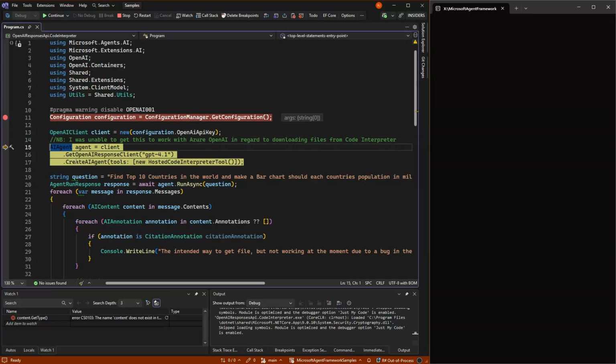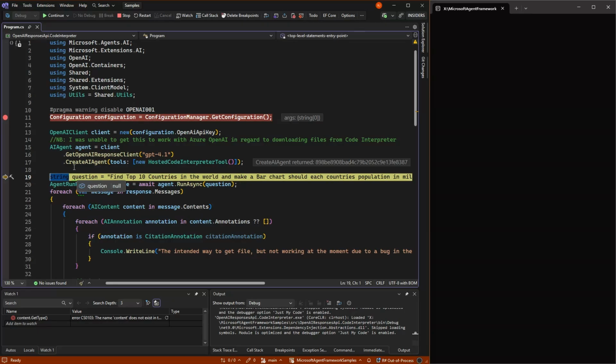So what I'm going to do is make an agent like normal with the OpenAI response. And then I'm going to ask it to find the top 10 countries in the world, which it can do with its world knowledge, and then make a bar chart where each country has its population in millions. That is not something it can do.